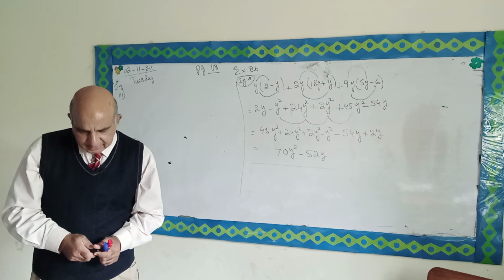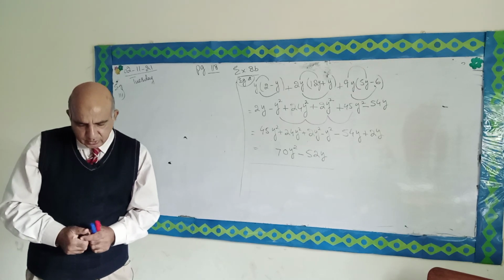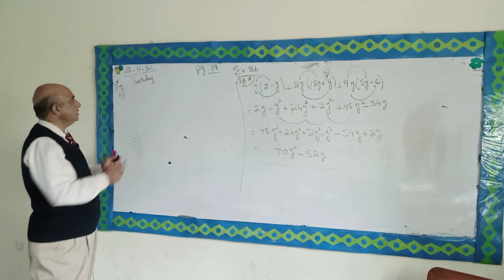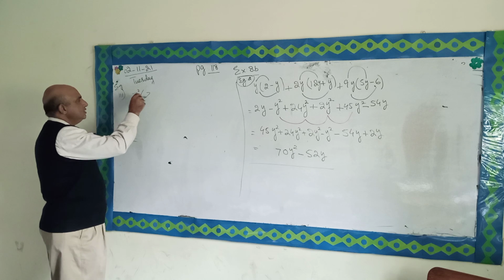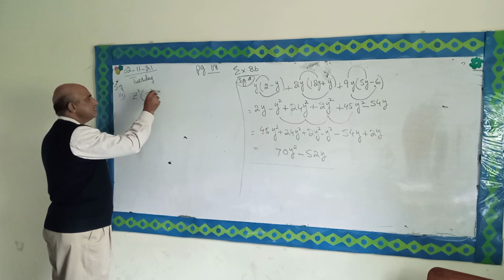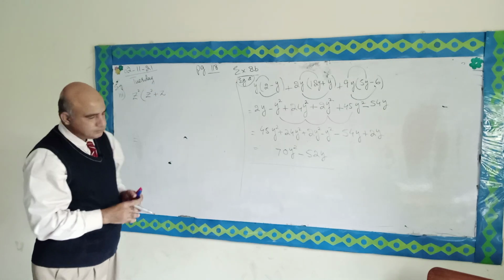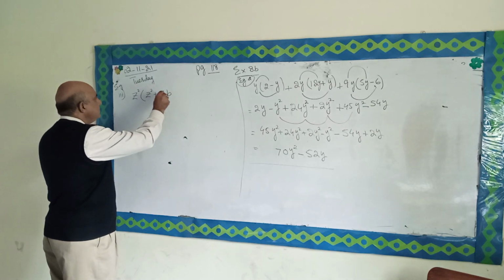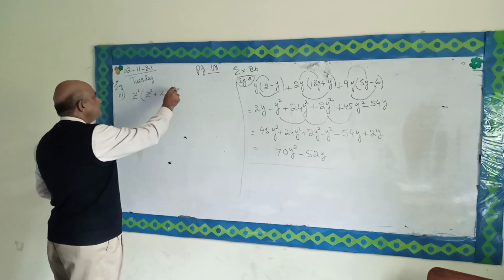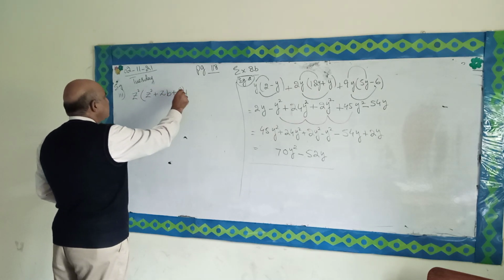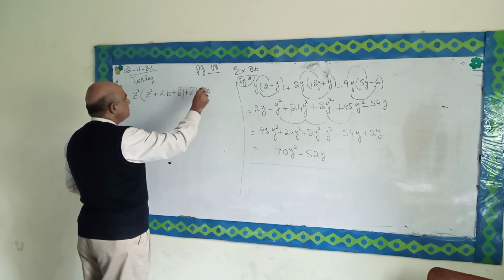Now look here, we have the 3 values. We can write it as z square into z square plus za zb plus b square plus zb into zb plus